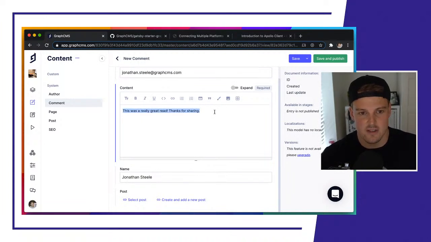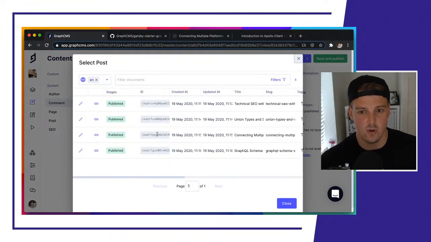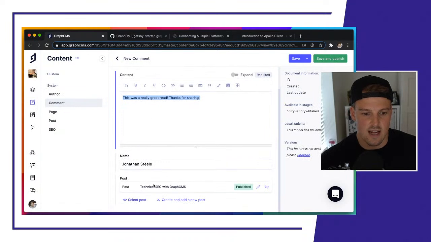I'm just going to copy this and create a few comments with the same content. We're just going to select an existing post. We already have posts from when we cloned this template in GraphCMS, so we can just select an existing one. I'm going to click this top one here, technical SEO, and that's added the link, the relationship between the two. So I'm going to check this, and then I can save and create another,